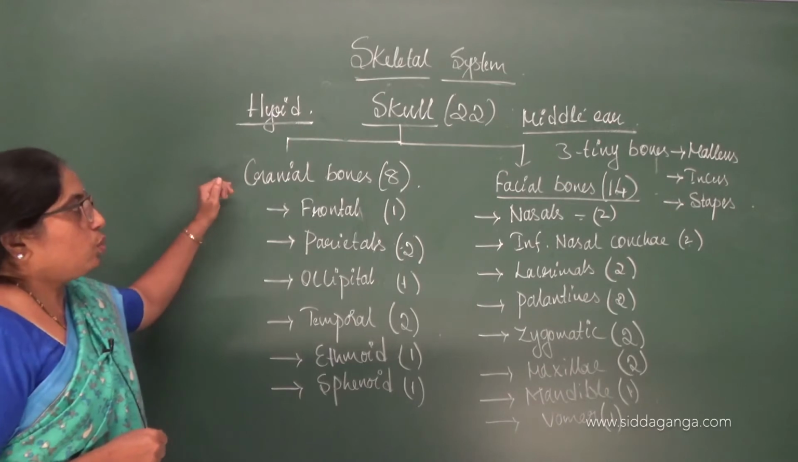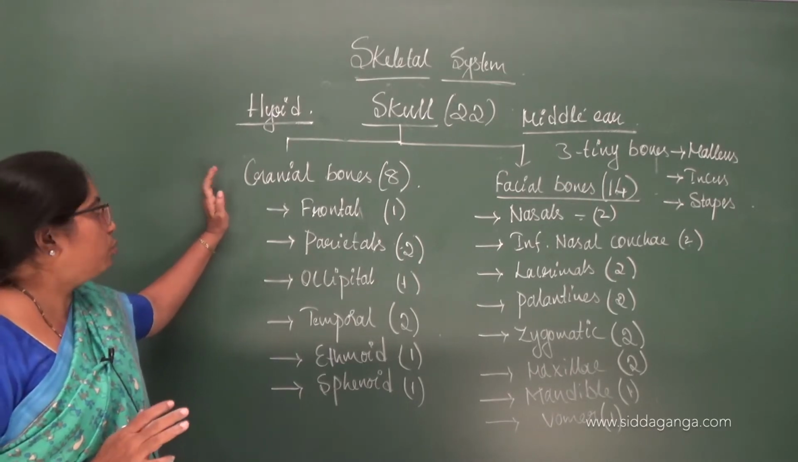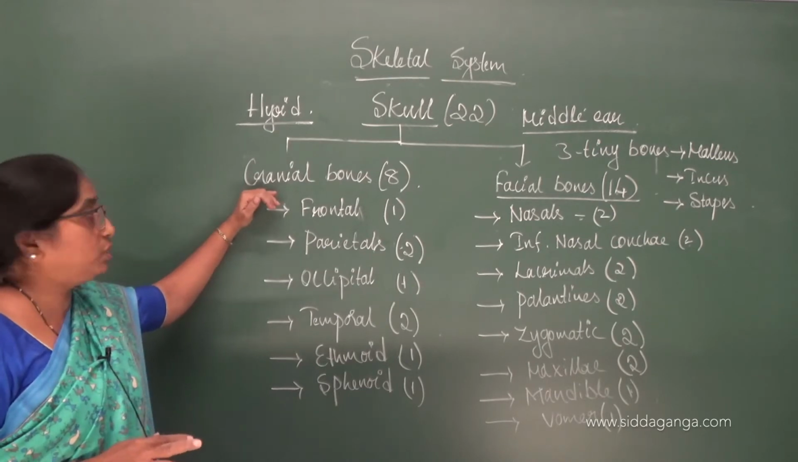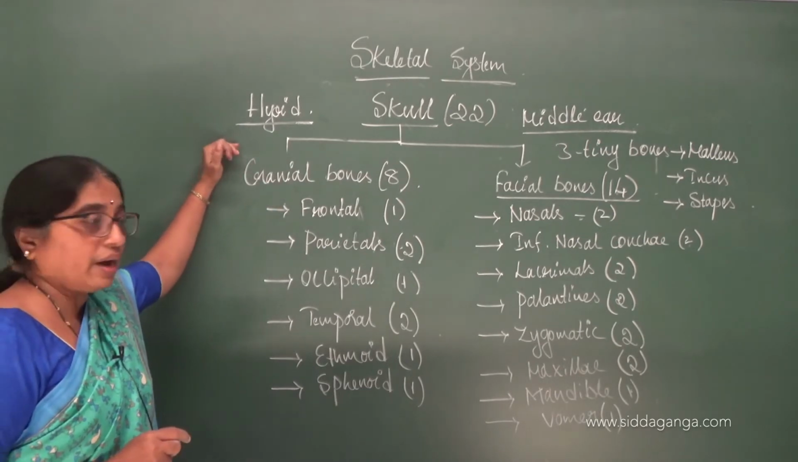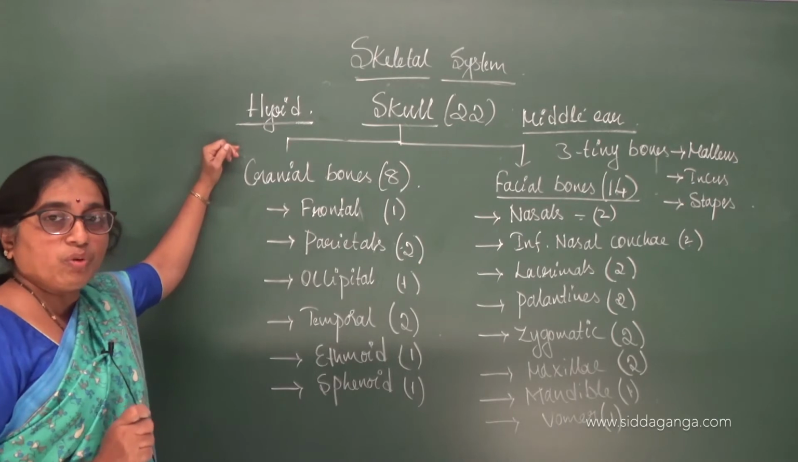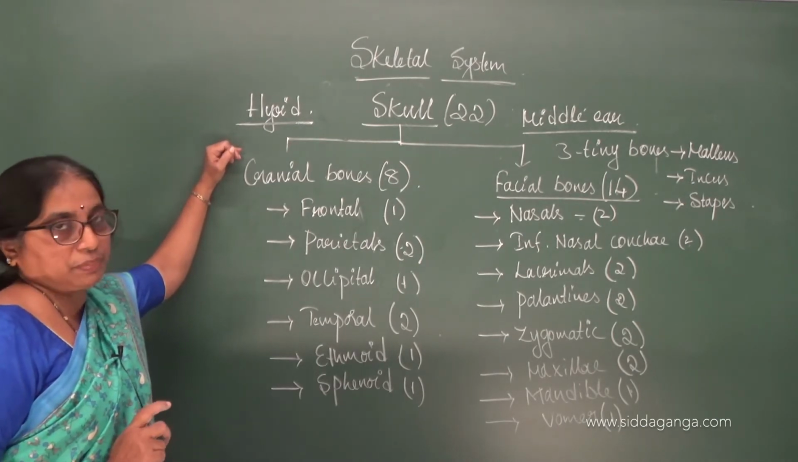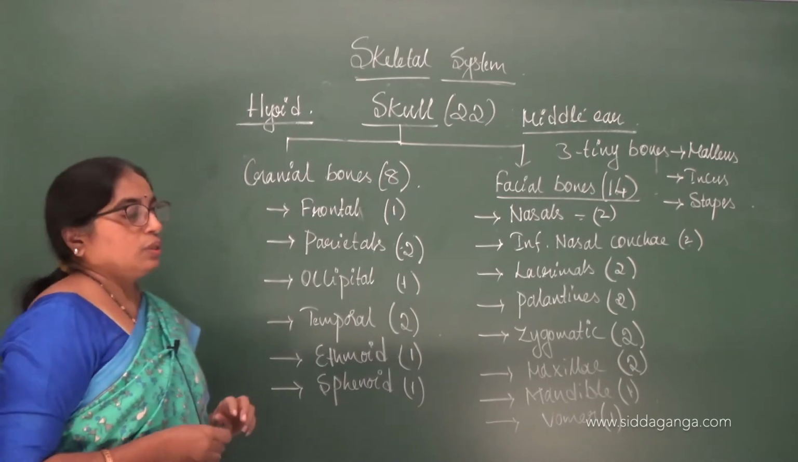So total the skull has got 22 bones, 8 cranial bones and 14 facial bones. Along with that, we have a single hyoid bone and 3 tiny bones in the middle ear, which are malleus, incus and stapes. So now moving on to the